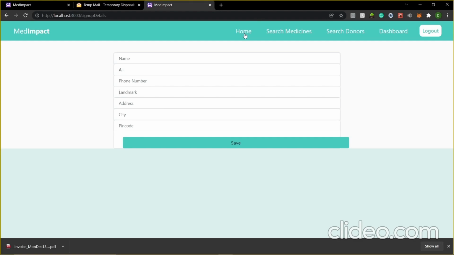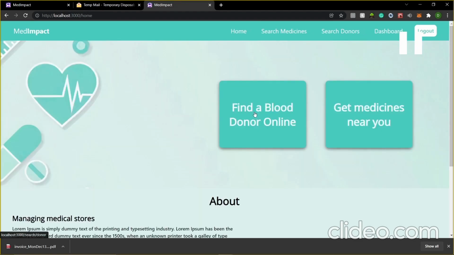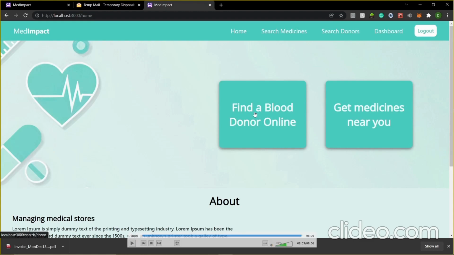After this, we are planning to add more to the donor side. We are planning to implement blockchain on the donor part of the dashboard, and we are also planning to give some rewards on every blood donation he makes. We will try to implement this in the near future.